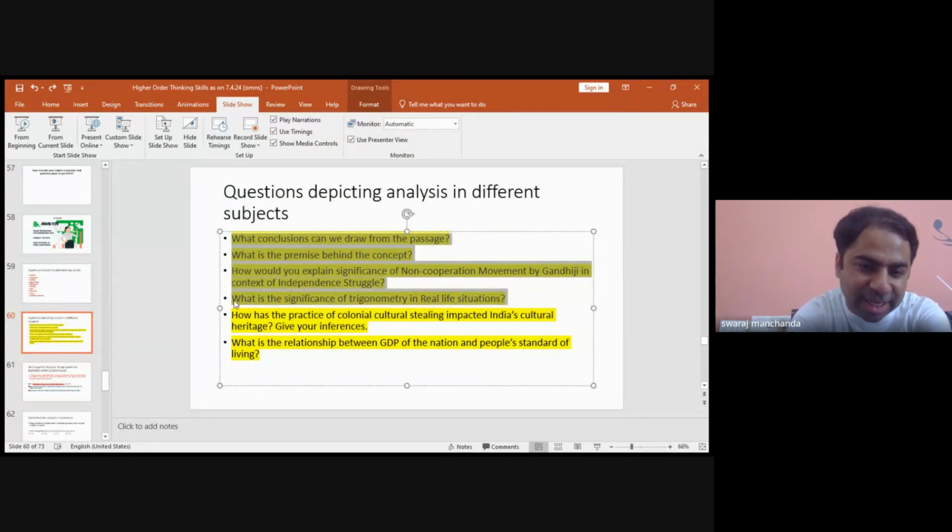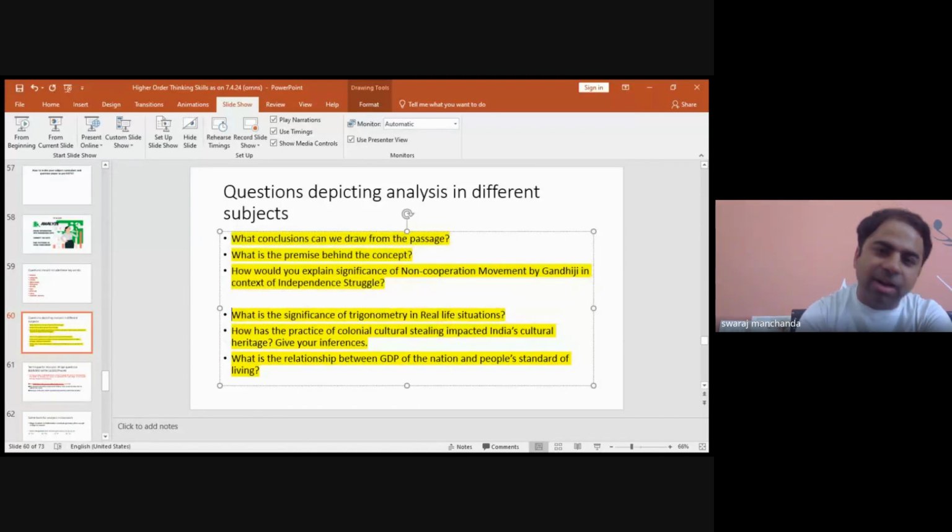One of my students came up and asked why he should learn trigonometry. Then I told him, if you were an engineer constructing the metro outside my home, you would not be able to do it without trigonometry. You would not be able to erect even a pillar without trigonometry. Sin theta, cos theta, tan theta are not merely sin theta, cos theta, tan theta. They are the instruments for engineering, bro.